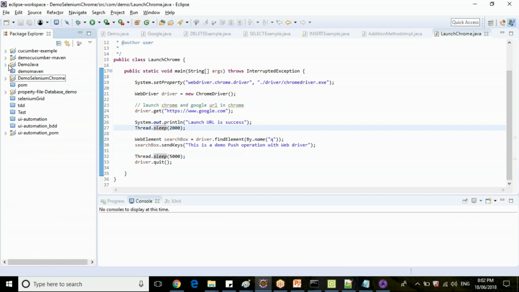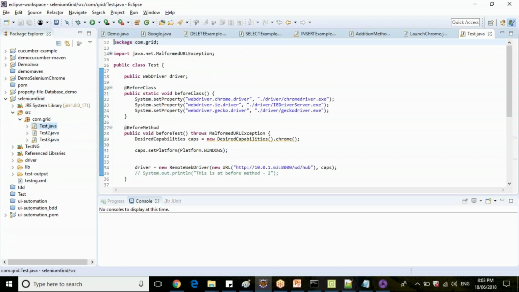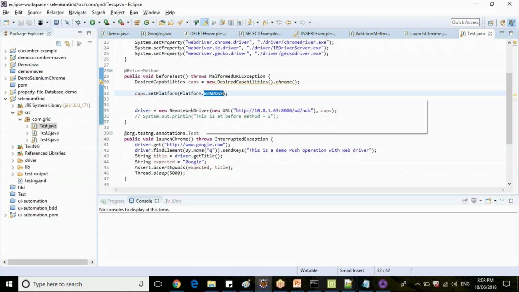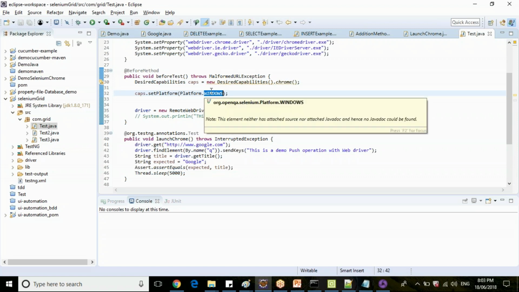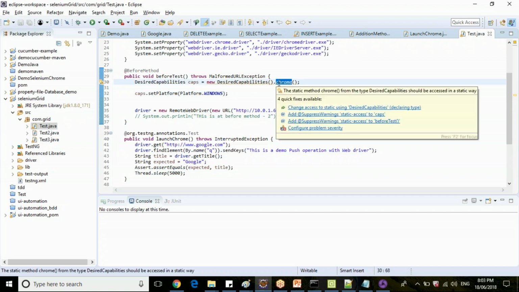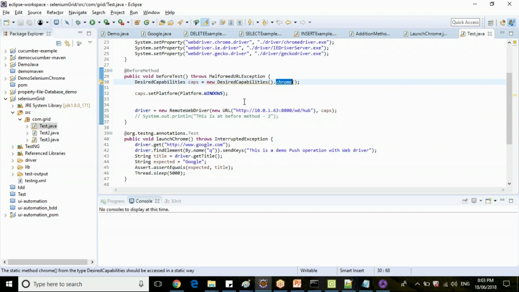Do you remember what desired capabilities is? Why is it used? It tells which browser you want to execute and what is the platform that we have set up on your hub. Either it is a Windows platform, Linux, or Mac platform, or it tells which browser you need to fetch, either Chrome, IE, or Firefox. Clear?